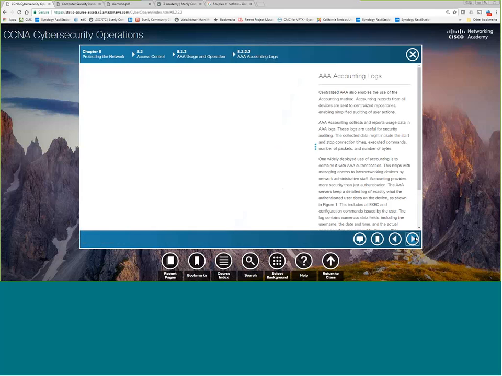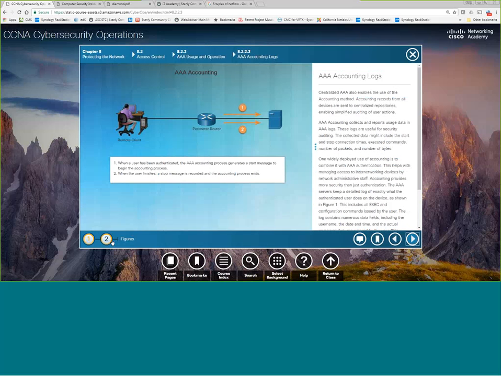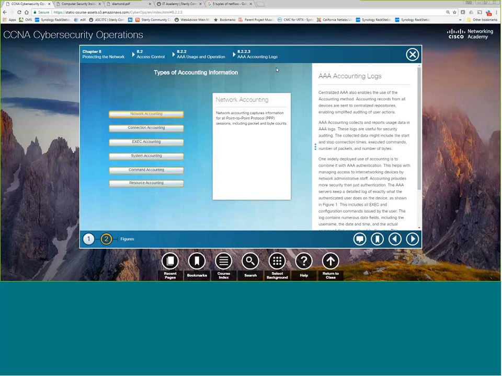Logging and accounting is where we can log to a syslog server, and we can do different types of logging: network, PPP sessions, connection sessions, and AAA, so it's Telnet or SSH. When you do show ssh and it shows you someone connected, that's showing you in a very simple form accounting for SSH. Then there's exec, where you're doing commands in the exec terminal session.